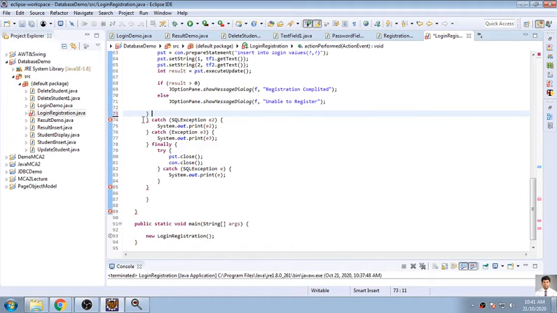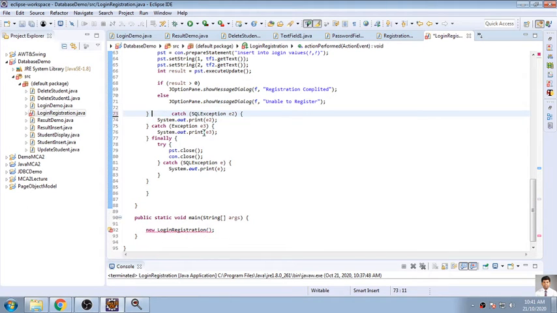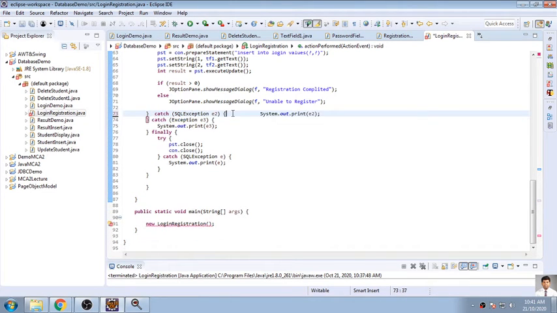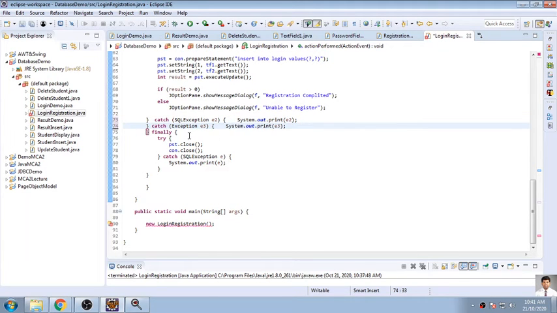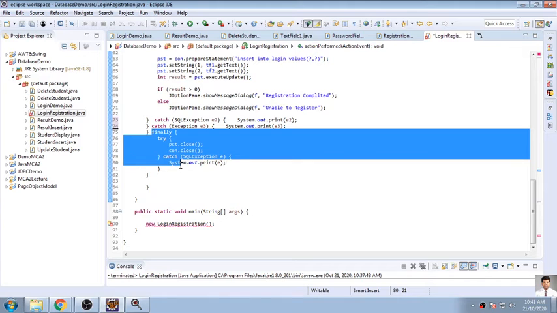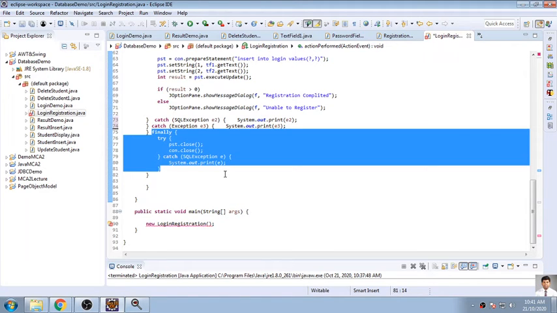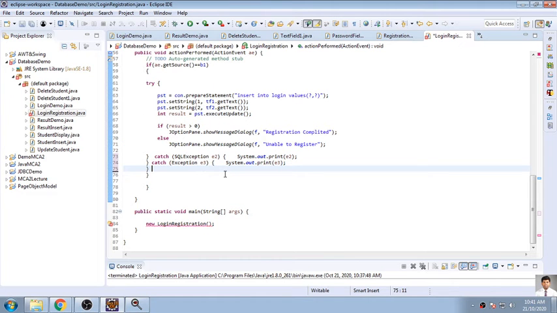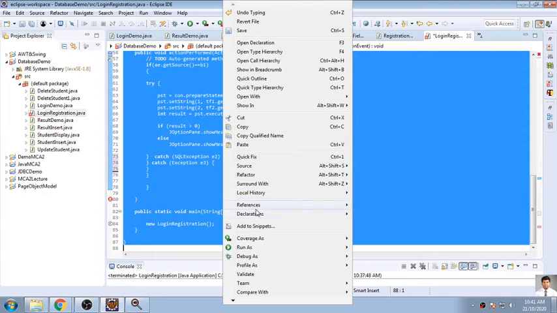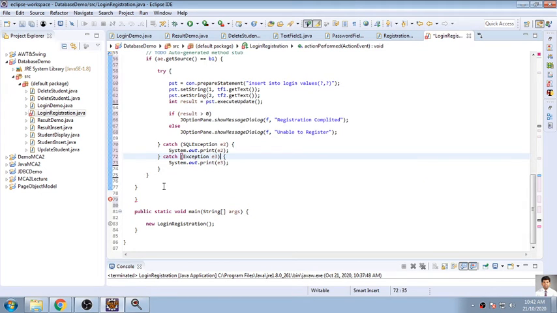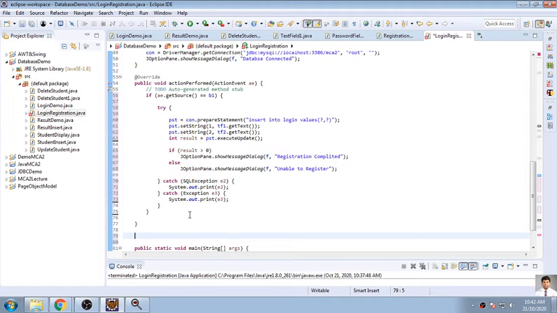So only the catch statement is being handled, so we'll use that catch statement, and if there is one more exception possible, that will be handled. And finally, now I am not writing it, I will remove this code a little. So finally has been removed, so it becomes very simple for you. So let me format it a little. Okay.